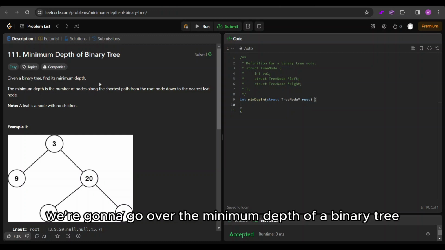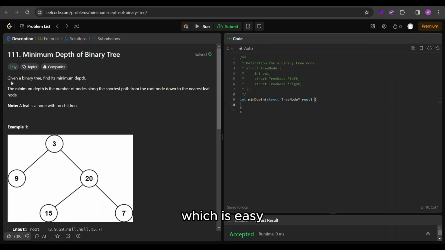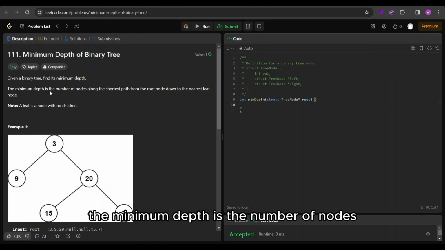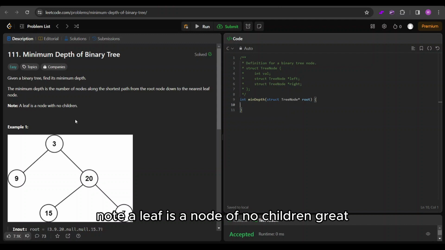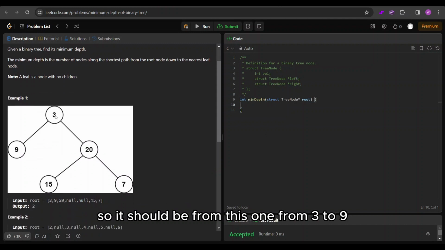Hey guys, so today we're going to go over the minimum depth of a binary tree, the LeetCode question, which is easy. So given a binary tree, find its minimum depth. The minimum depth is the number of nodes along its shortest path from the root node down to the nearest leaf node. Note, a leaf is a node with no children. Great, so it should be from this one, from 3 to 9, which would be a length of 2,